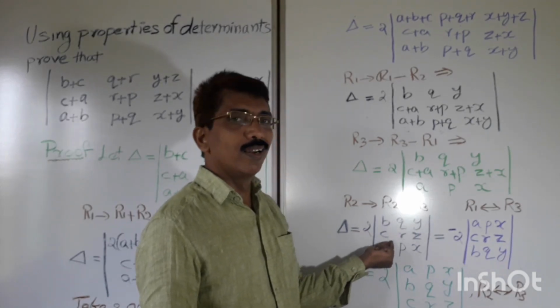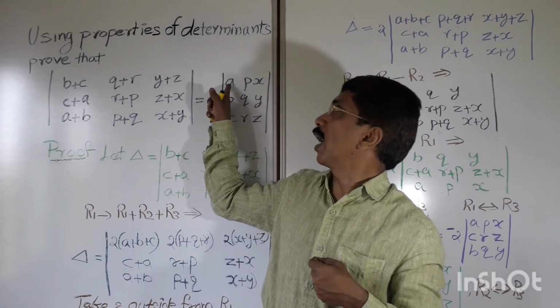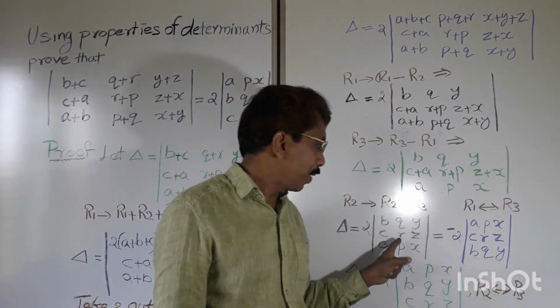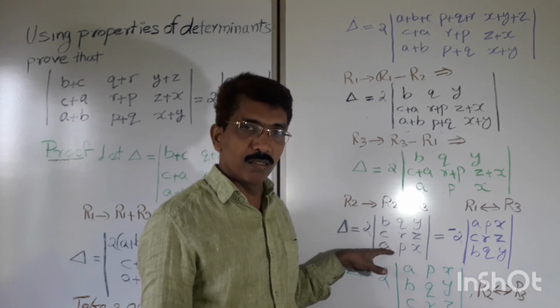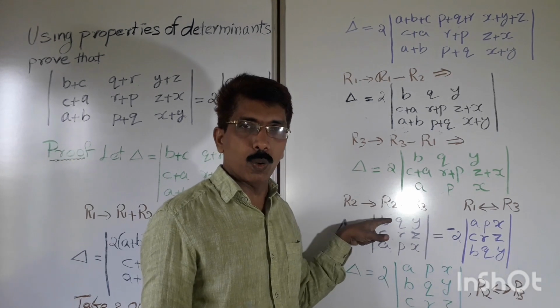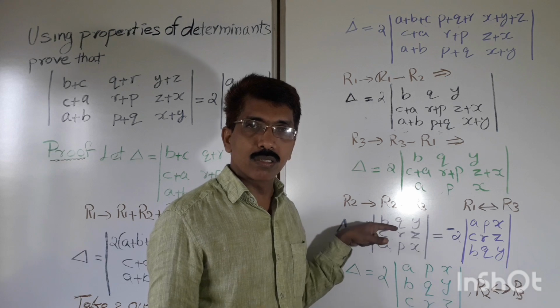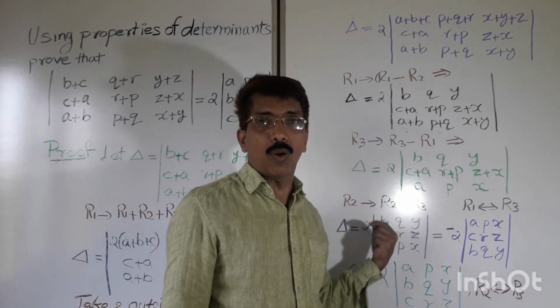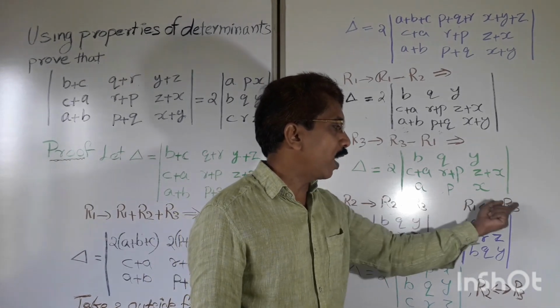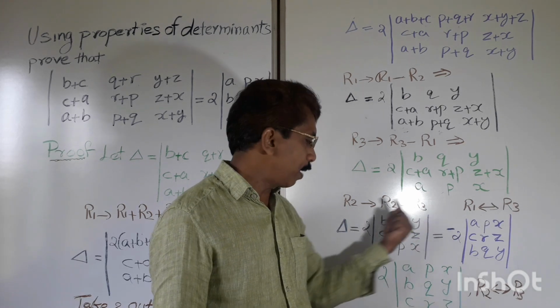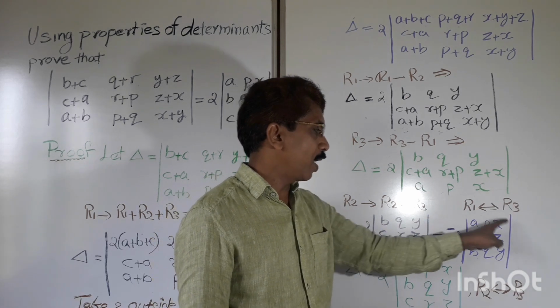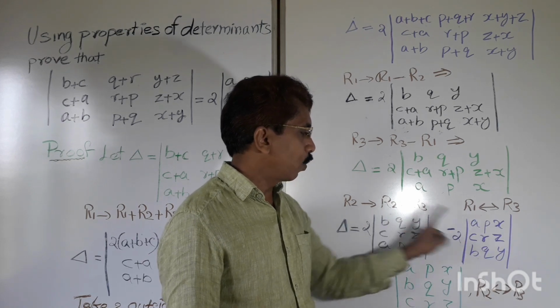Now listen to the result. What do we have to get? APX on top. Is it APX on top? No. APX is down, it is the third row. We can make it the first row by interchanging the rows. If you interchange, a negative you have to take out. So I am interchanging R1 and R3. So the negative comes out. It becomes negative 2 into APX here, and BQY will go down.